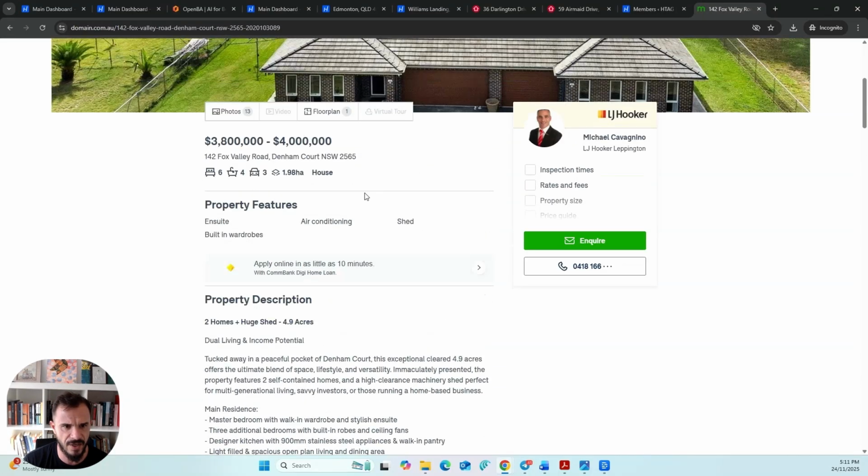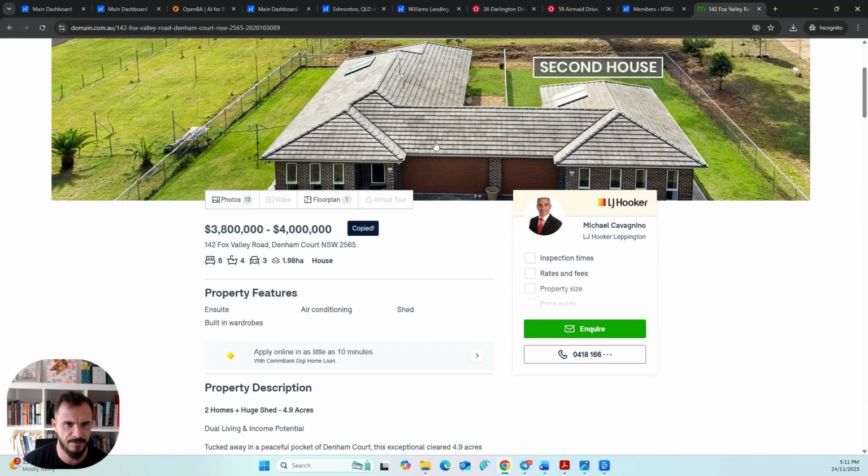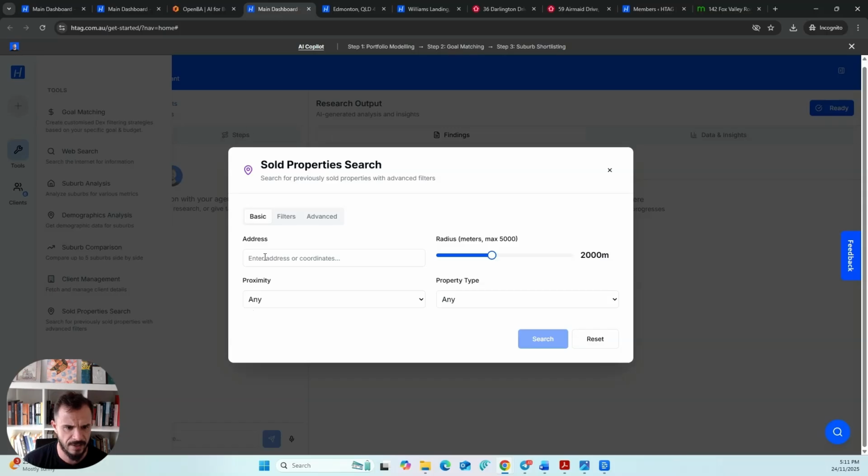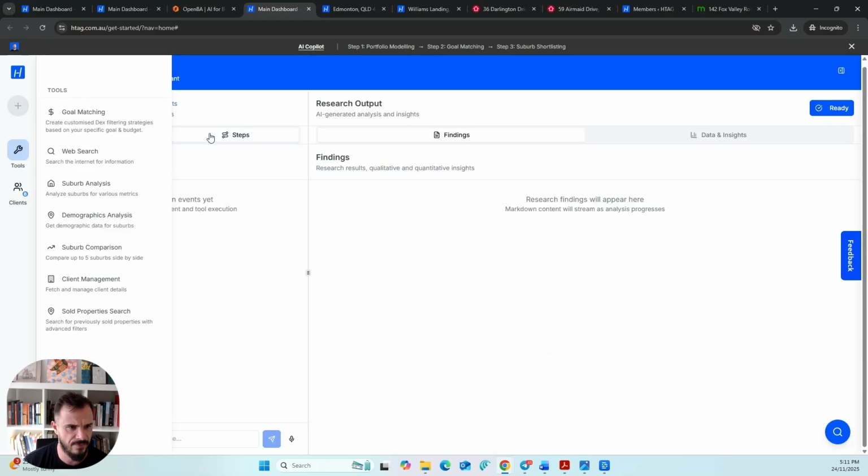Let's say I use this as an address, and I go back and put the address in. I'll say house, any proximity within 2,000 meters, or 2 kilometers, let's say. I'm not going to say within the same suburb, I'll just use the proximity. And if I go and perform a search,